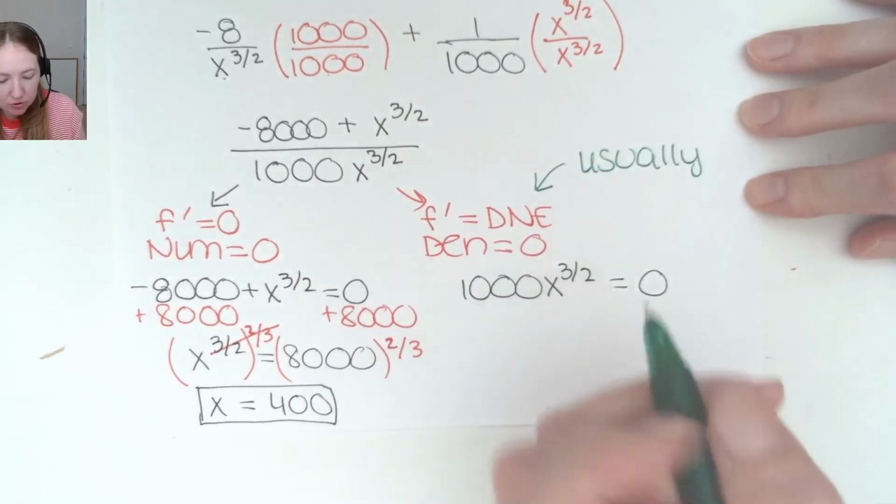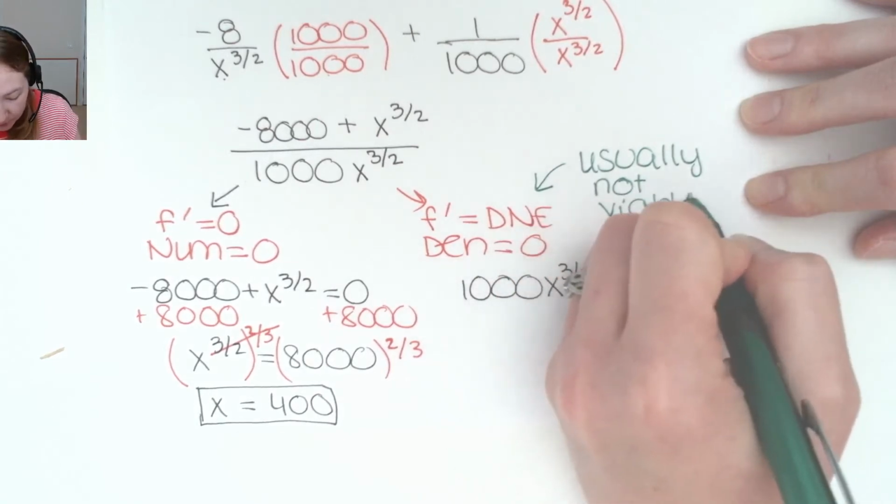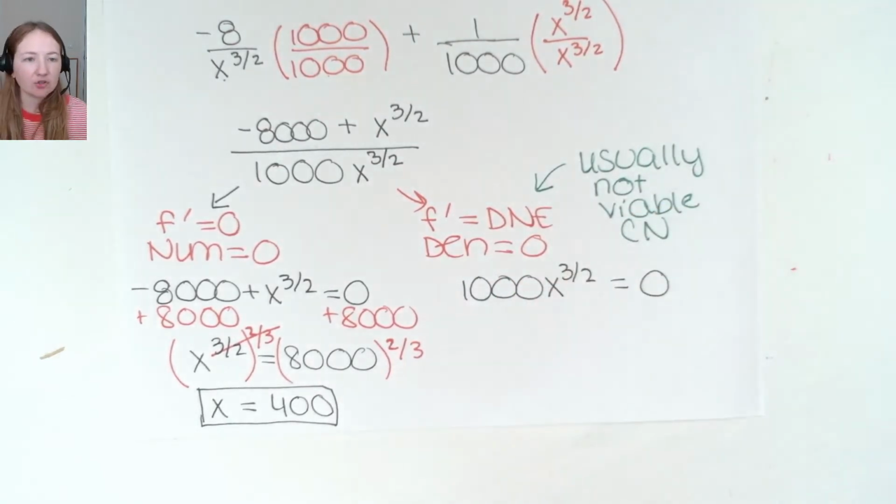Okay, so usually it's not going to generate what I call a viable critical number that actually minimizes the function. Now, with that said though, we can't take anything for granted. We can't just assume it's not going to really work for us. But just keep that in mind as you're working through this, that, yes, you're going to